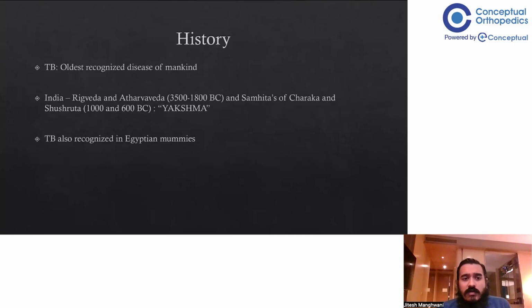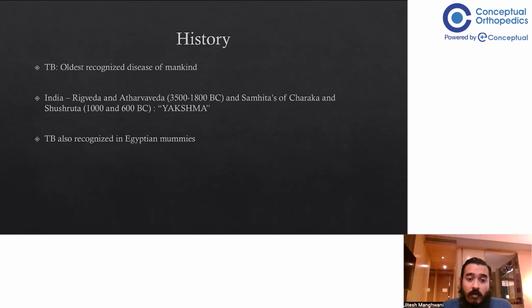So history-wise, TB is one of the oldest recognized diseases of mankind. In fact, India's Rigveda and Atharveda, back in the year 3500 to 1800 BC, and the Samhitas of Charaka and Sushruta, back in the year 1600 BC, had also defined and tried to describe this disease as Yakshma. So imagine, back in the literature talking about years like 600 BC also, this disease was prevalent. And there is some evidence of that in the literature which is present, dating back to those